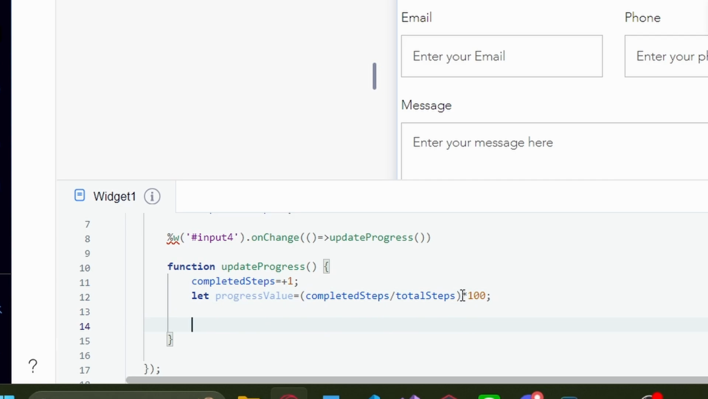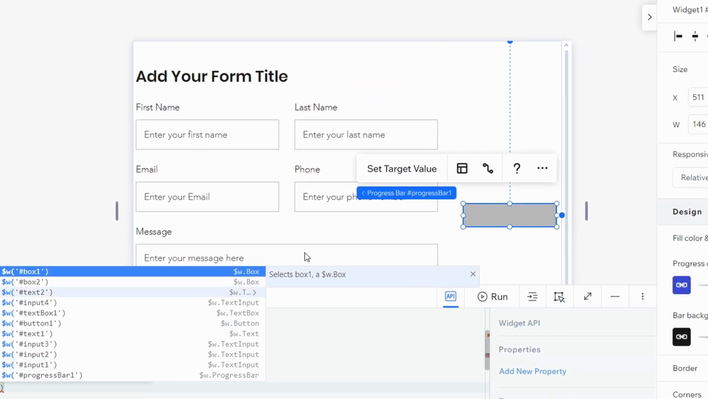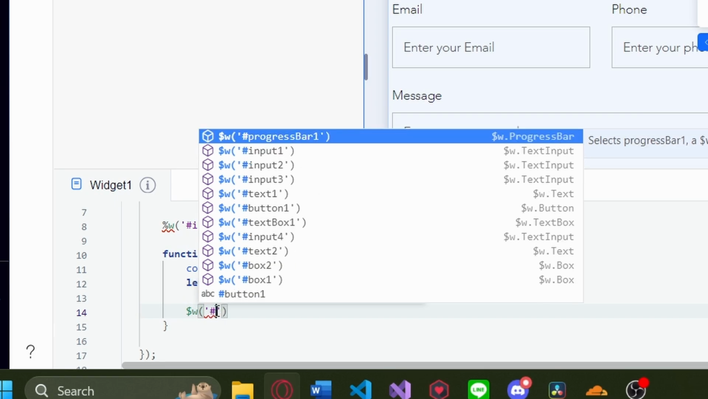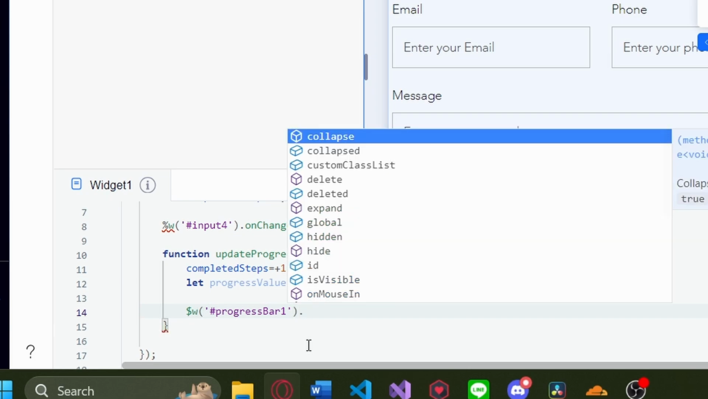After that, we're going to implement the actual code that will make the progress bar happen. We're going to do the same thing. We're going to do a $ sign and then a W. After that, you want to take note of the name of the progress bar here, which is progressBar1. Remember, the name is the one up in front of the hashtag. So after that, you want to type in single quotation mark and then hashtag progressBar1. Delete this double quotation mark here. That was a syntax error. After that, now you want to type in dot value